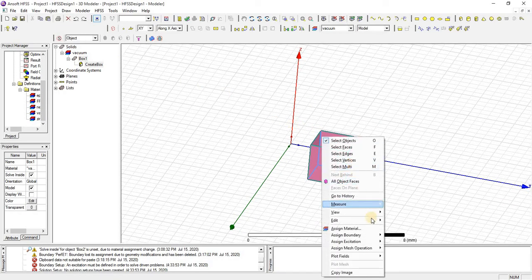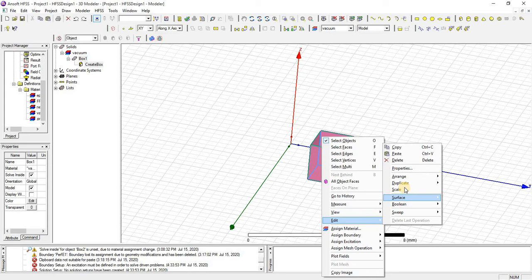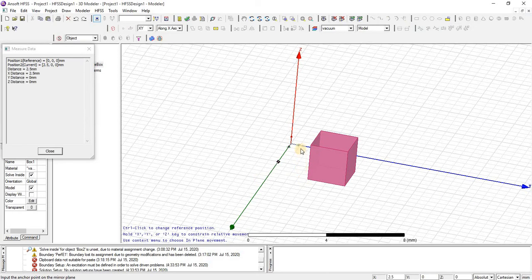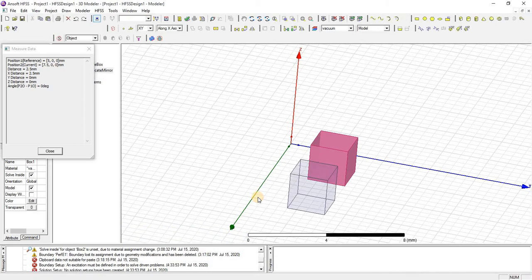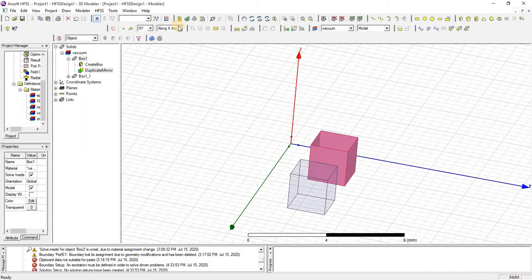Next command is mirror of an object. As I have already selected an x-axis, the mirror will be formed along the x-axis. From here I can change the 3D.